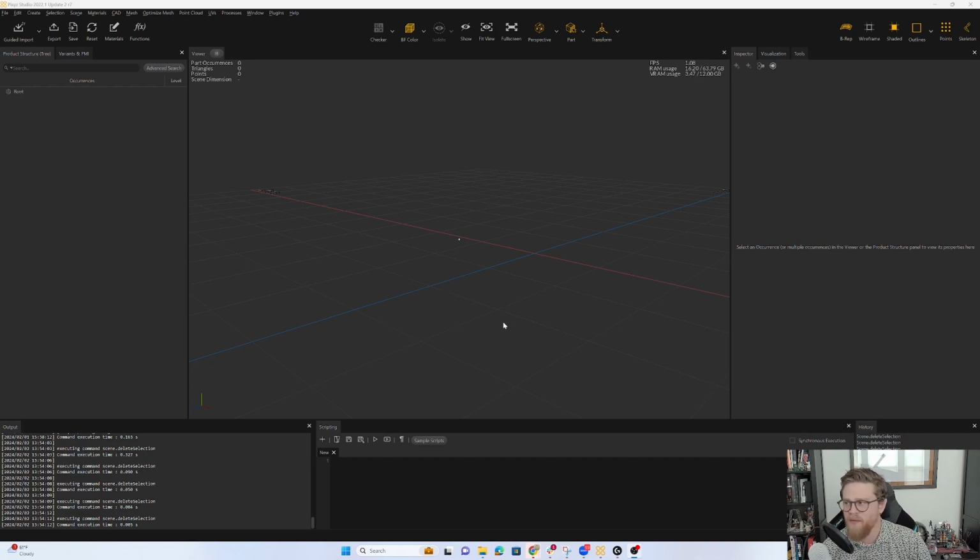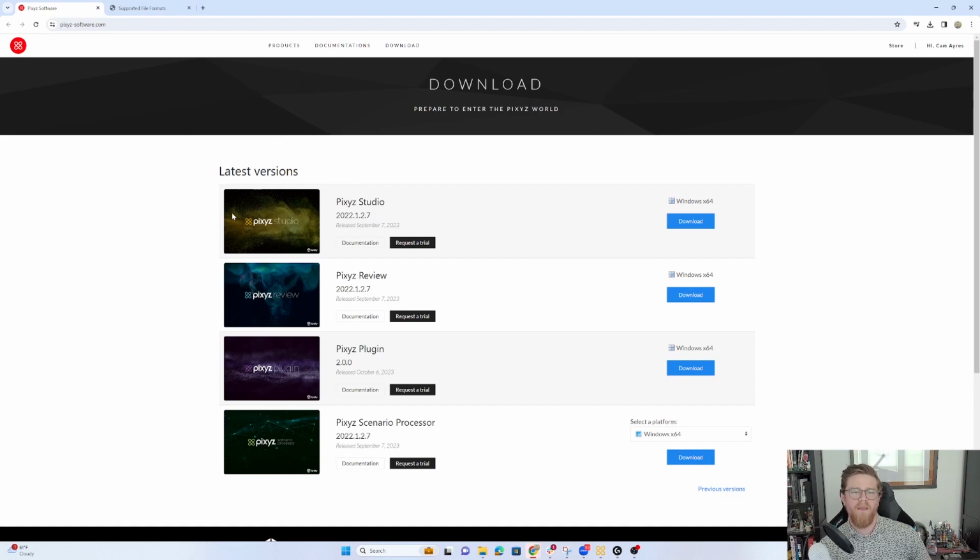I've got it pulled up here, and this is Pixyz Studio. So, to take a quick step back, Pixyz is a suite of tools. It's a company that Unity acquired a few years back. And the idea of Pixyz is that it's kind of the one stop shop for data tessellation, decimation, and optimization. And the idea is that you can input parametric, polygonal, and point cloud data, pull it all through a pipeline, and spit out something that's palatable and optimized for web viewing, for desktop viewing, whatever it might be,